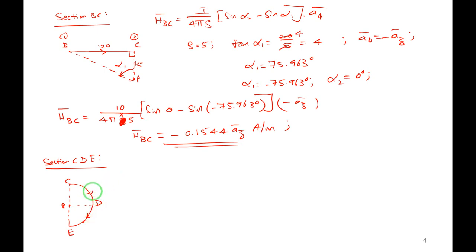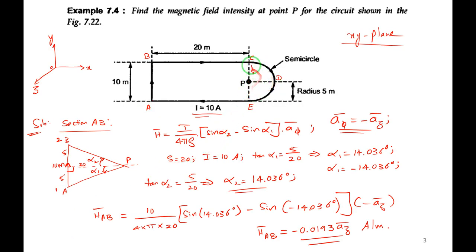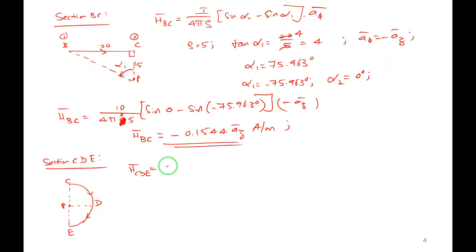Yes. Then perpendicular distance. Okay, CD. H due to circular conductor we know. Let me call it HCDE. This is a semicircle, but we'll assume that this is a circle and we will divide by 2, right? So H due to circular conductor is I by 2R into AN. This formula we know. This is for circular conductor. But it is semicircle, means we have to divide by 2. So divide by 2. I hope you are getting what I have written.